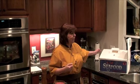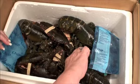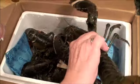If you get a gift of fresh live lobster, you need to cook them right away, because otherwise they'll die and you can't cook fresh dead lobster. They should still be kicking. These are about 1.5 to 2 pounds. And you might notice that